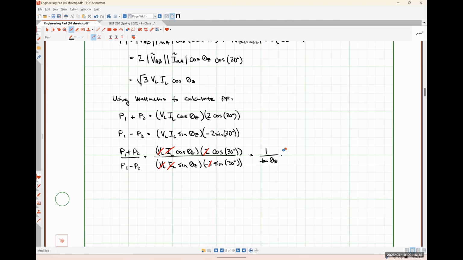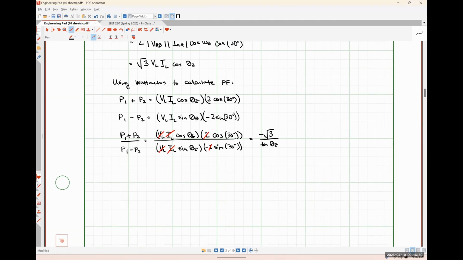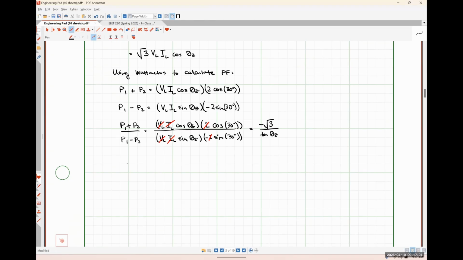-√3. So this whole big gross thing comes out to be -√3 over the tangent of theta z. And so if I know those two readings are related to the tangent of theta z, then I could find from this that theta z is just going to be the inverse tangent of √3 times P2 minus P1